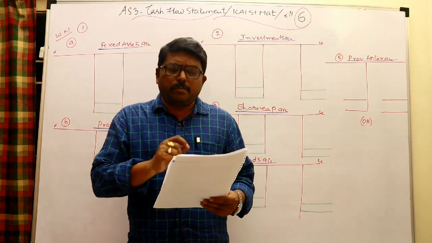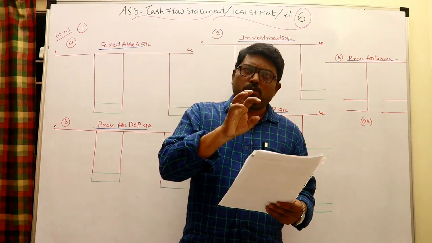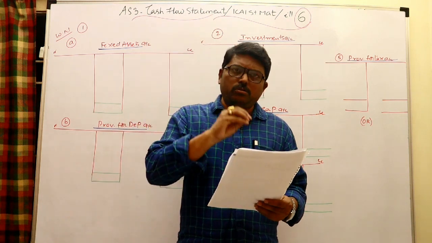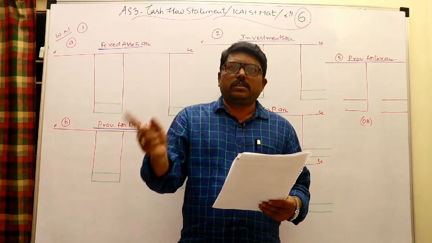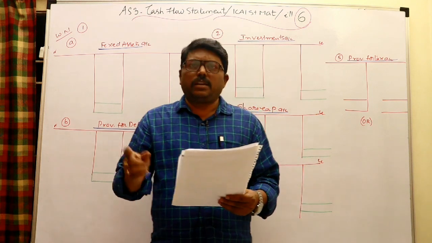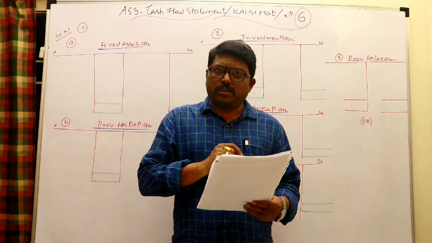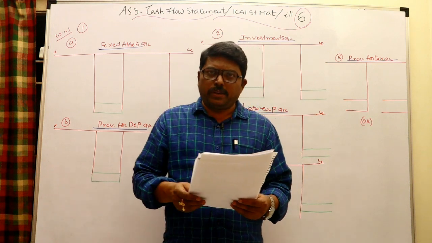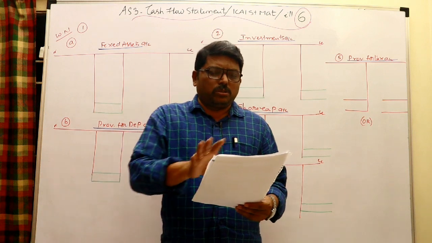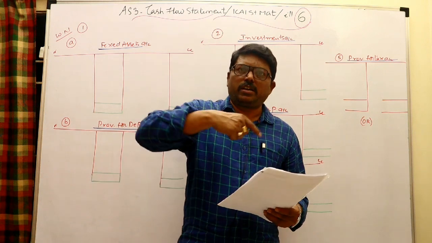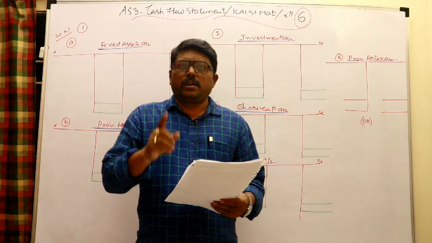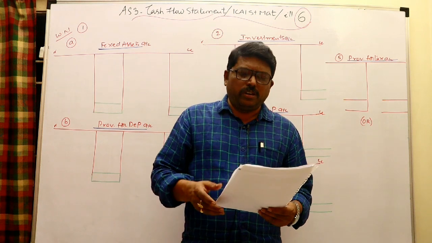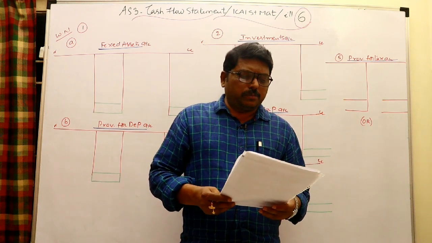Income tax in the P&L is always an estimate. We know that in the current year you make a provision for tax through the P&L, and next year the tax liability will be determined and then paid. So the current year provision for tax through the P&L is 7,000 rupees, but it is not tax paid. It is only a provision made. So in the indirect method, provision for tax is a non-cash item and should be added back, and tax paid should be deducted, only from operating activities. That is briefly the explanation related to the income statement.